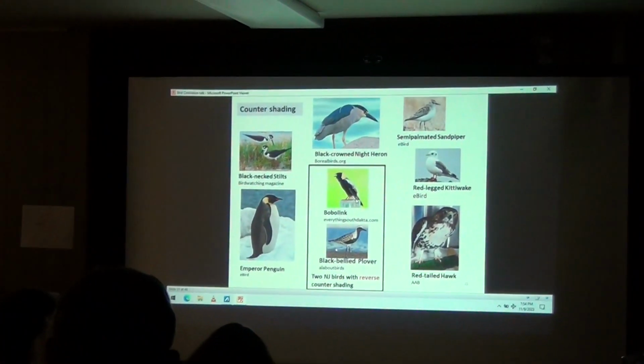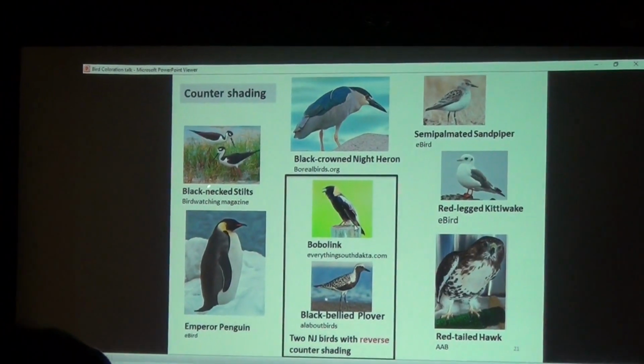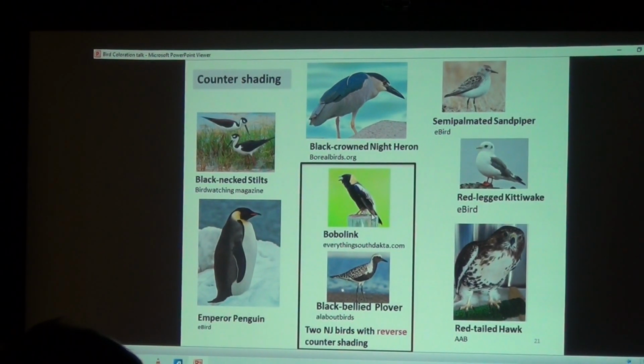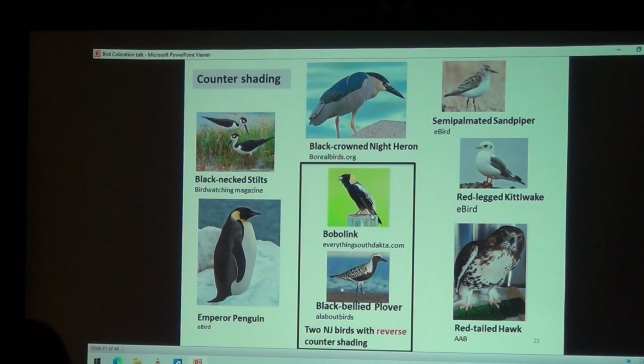Countershading, I think we're all familiar with countershading, and these birds here, except those in the box, are all countershaded. The principle, very briefly: when you look at these birds from the bottom, let's say a predator is looking up at the bird, the light shade on the underside will blend in with a lighter background. By the same token, if a predator is looking down, the dark shading is going to blend in with a darker background.